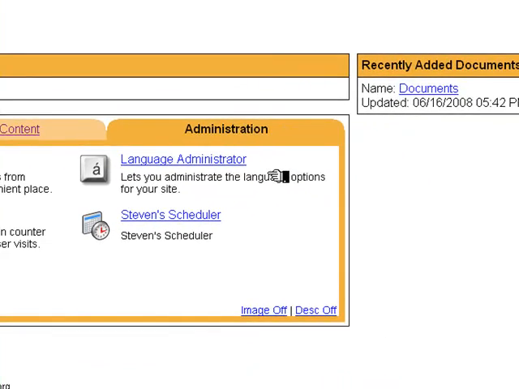You have the language administrator that lets you administrate the language options for your website. As you know, we are multilingual there in SL. And then you have your Steven scheduler, which allows you to basically have an online scheduler